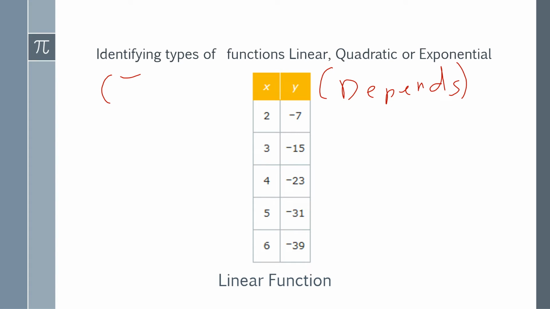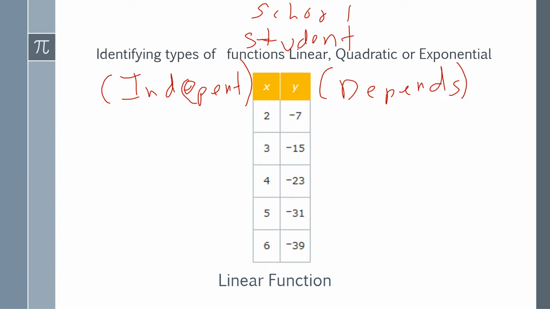One's going to be independent, meaning that this person is not in need of anything. For example, let's talk about school. So with school, when we talk about student and teacher, and we talk about getting an education, the student is y, because the student depends on the teacher